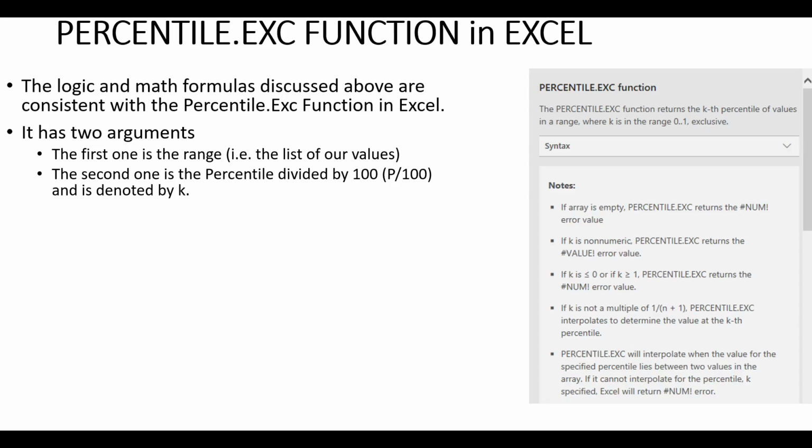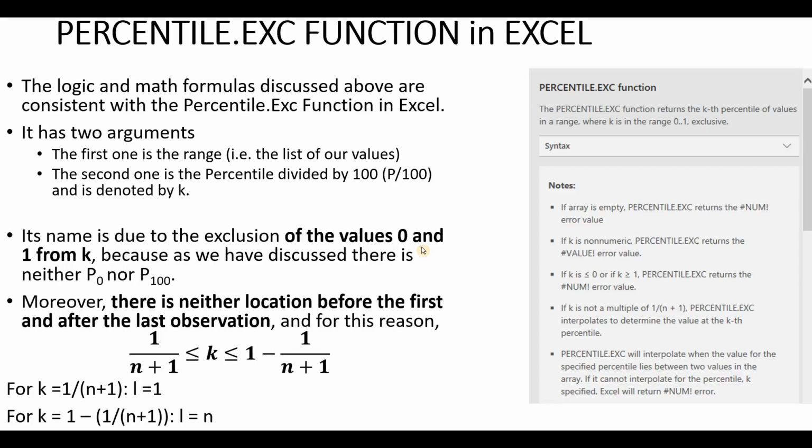So, the percentile exclusive function in Excel is consistent with the logic and the math formulas we discussed above. As we've already said, it has two arguments. The first one is the range and the second one is the percentile divided by 100 and is denoted by k. Now, why do we name this function percentile exclusive?